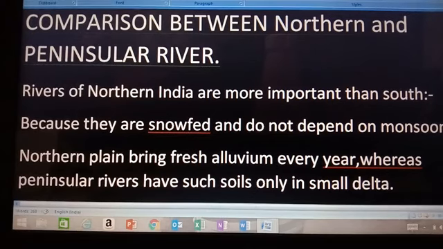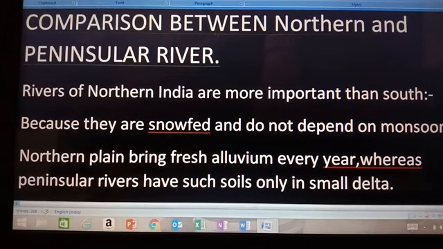As we have studied in earlier videos or earlier classes, the northern plain of India is formed by the silt deposit, the alluvium deposited by the depositional work of the rivers. That is why the northern plain is called the food bowl of India.